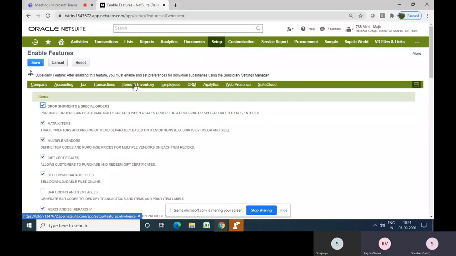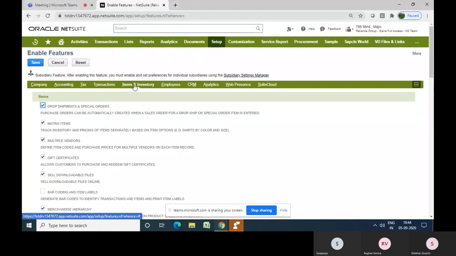For example, let's say a service-based company or consultancy. Let's say any consultancy is there. They provide the services and they have contacts with multiple companies.